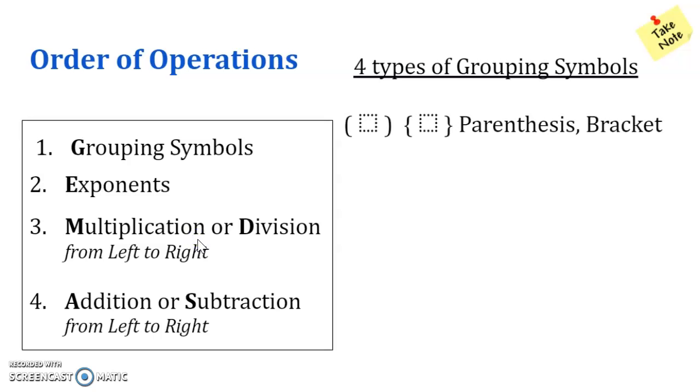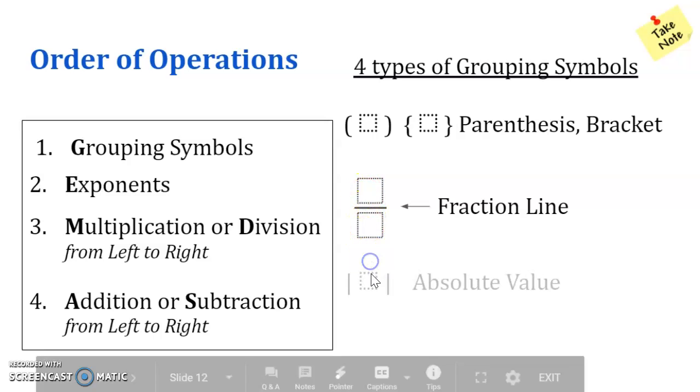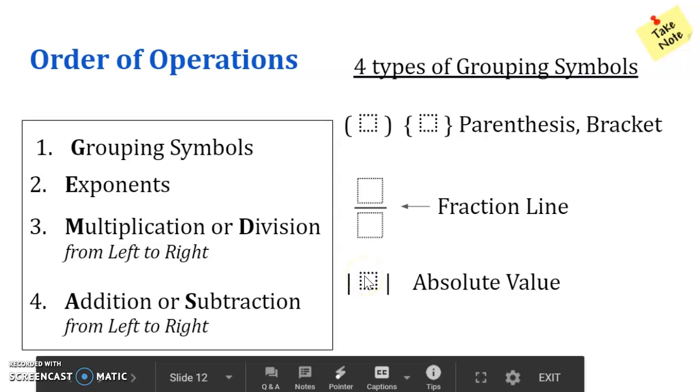The first one is the old one that you've used and are familiar with, parentheses and brackets. That means they need to be done first. At the same level as those are the fraction lines. So if you see a fraction line, that means you need to evaluate the numerator, the top numbers first, and then followed by the bottom number, the denominators, and then you do the division between the numerator by the denominator. And then lastly, third,